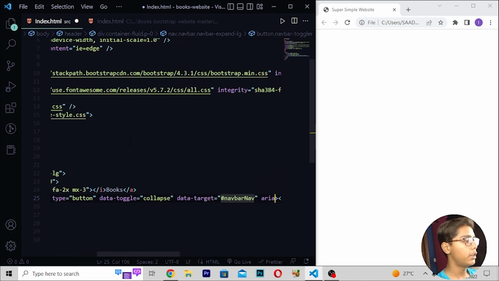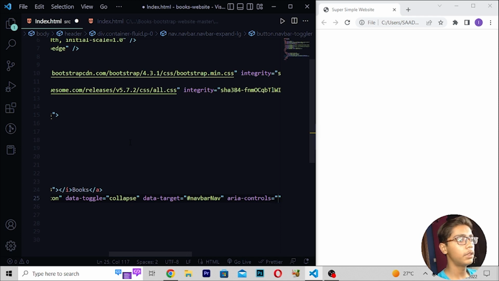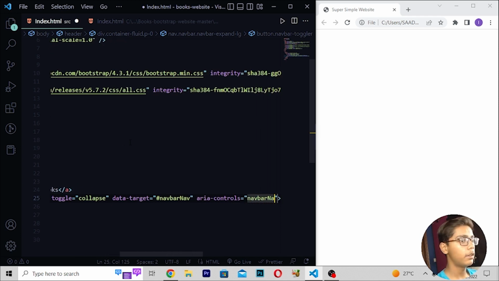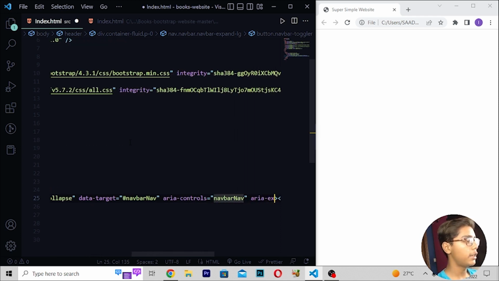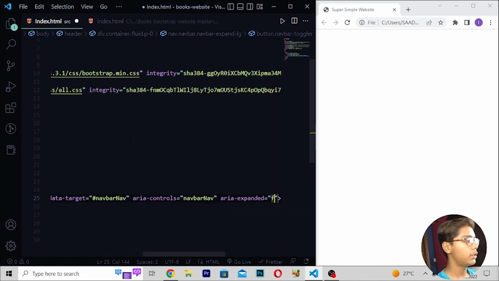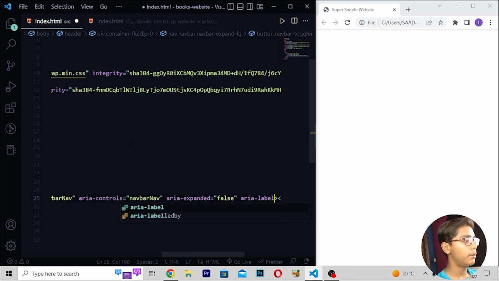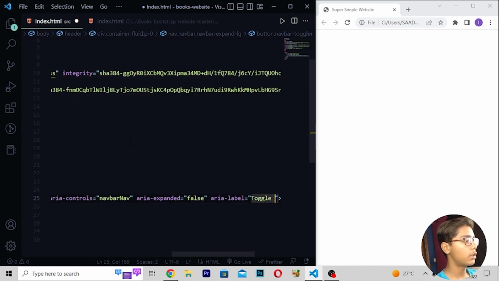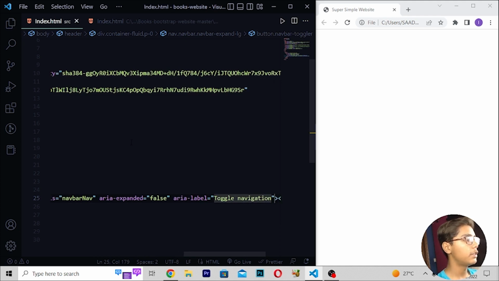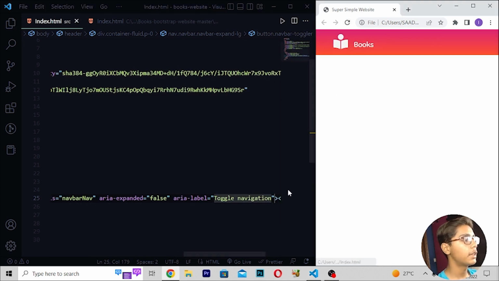Then move forward, aria-controls equals navbar-nav. Then aria-expanded equals false. Then aria-label equals toggle navigation. Save this, then reload. So you can see we are getting all this.